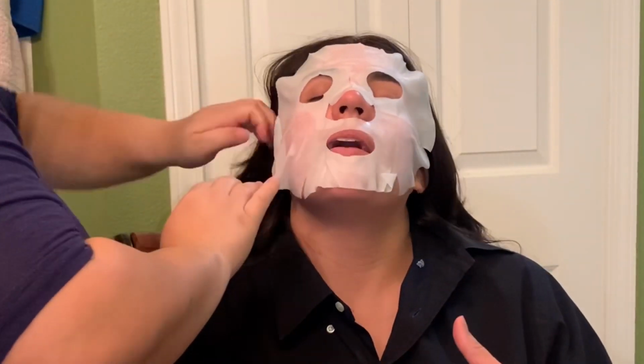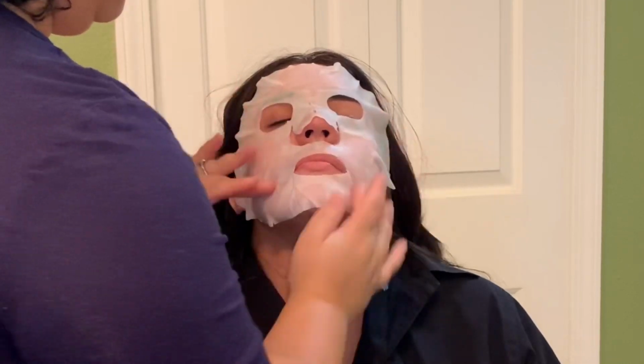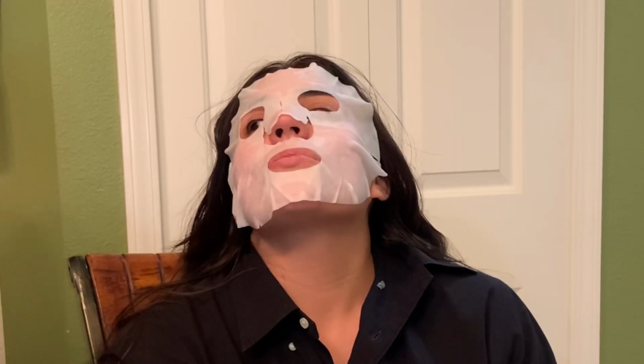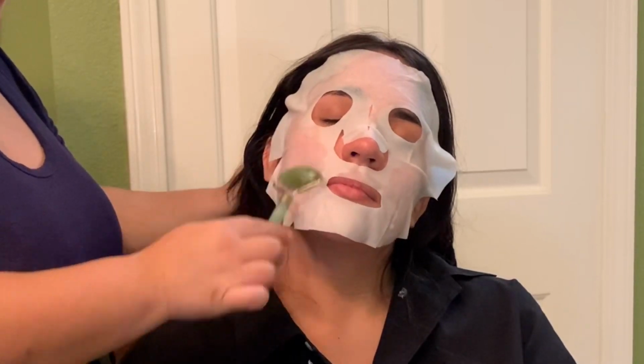So I'm starting first with doing a little sheet mask on her. It was a vitamin C one. Her skin was a little bit dry, so I wanted to put moisture back in her skin. And I always do this to my clients. I like to do a little sheet mask, massage their skin, and get their skin really ready for the makeup application, because then everything will look nice and beautiful and